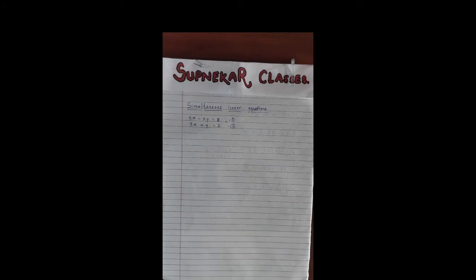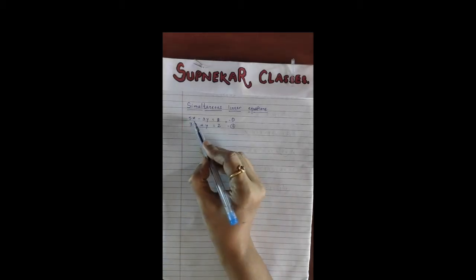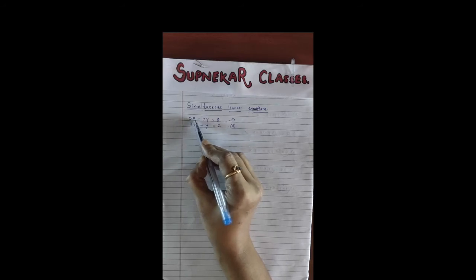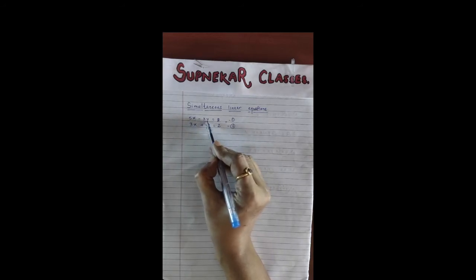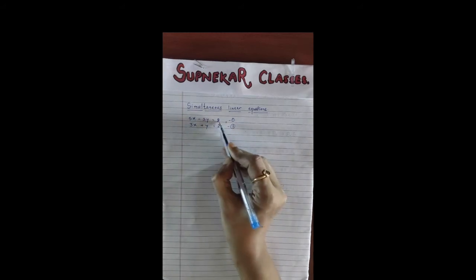First of all, you have to remember once again, what do you mean by coefficients? Coefficient is the number written prior to the variable. व्हेरिएबलच्या अगोदर लिहिलेल्या नंबरला आपण कोइफिशियंट म्हणतो. काल आपण पाहिलं होतं सहगुणक या शब्दाला म्हणतात. तर here in the first equation 5 is the coefficient of x, minus 3 is the coefficient of y, and the constant is 8 over here.